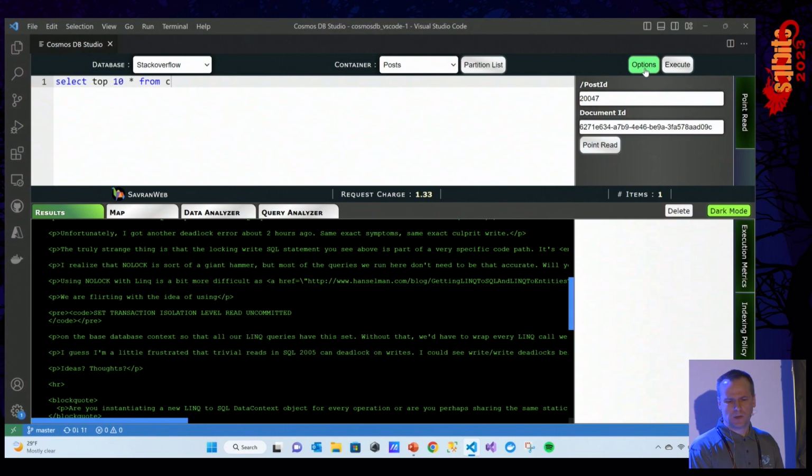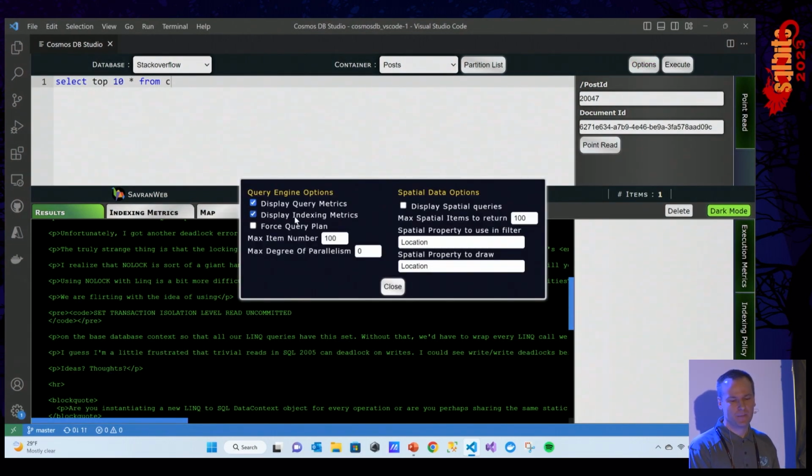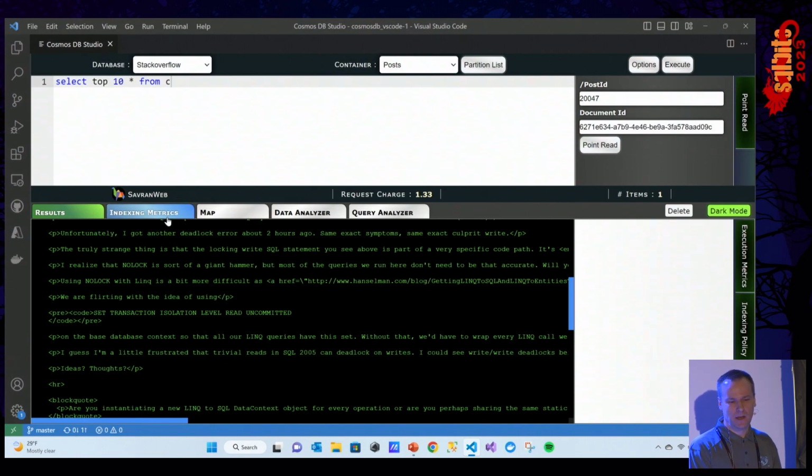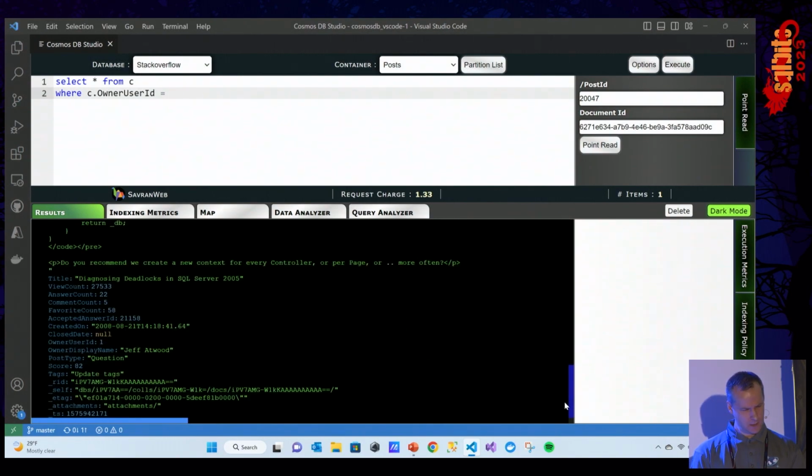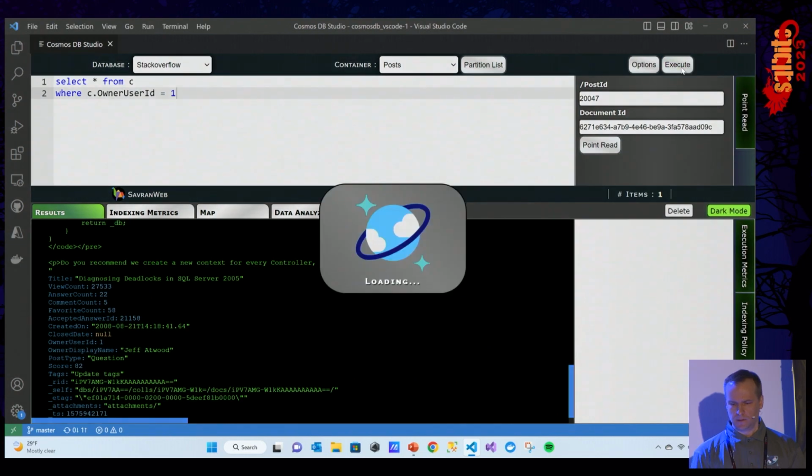You can also easily go and open the indexing matrix here. If there's any indexing matrix you need, it will get displayed here. Well, let's try that too. Let's see. This is actually the Stack Overflow data; I just put it in Cosmos DB, so I'm running that here. Let's find owner user ID is 1. If I execute this one,